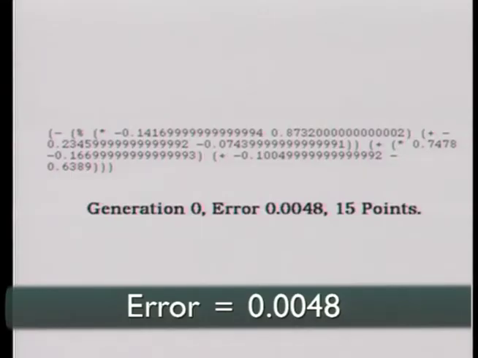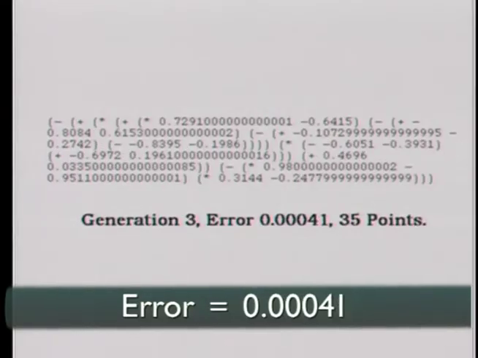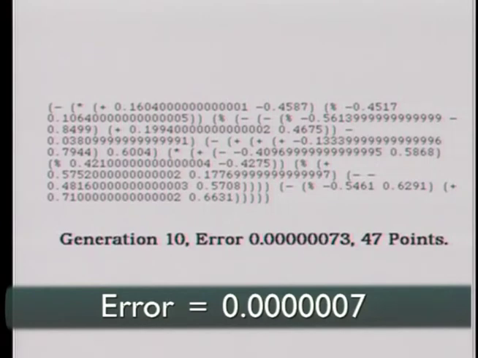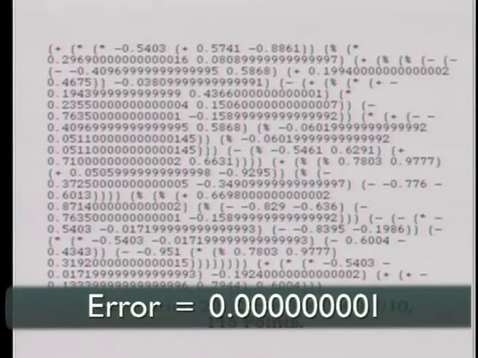In generation 0, the cube of the value returned by the best random program in the population of 2000 comes to within 0.0048 of 2. In generation 3, the error is reduced to 0.00041 by a 35-point program. The best program from generation 10 has 47 points, and the error is reduced to 0.000007. The best program from generation 20 has 115 points, and the error is reduced to 0.000001. The best program from generation 30 has 111 points, and the error is reduced to